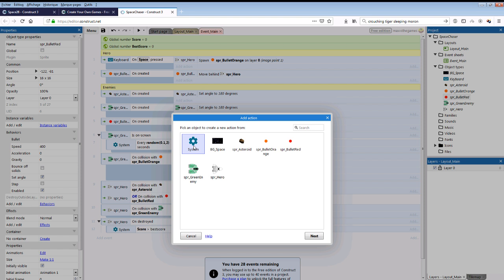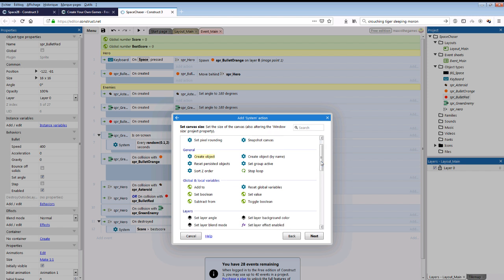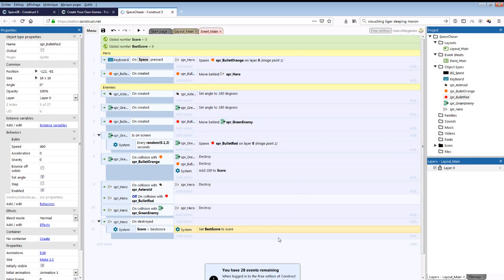Then you go in system again, because that's where you can modify the variables. And now you want to set its value. And you want to set the value of best score to what? To the value of score. This is very important. Make sure you understand. I'll go again. When the sprite hero is destroyed,